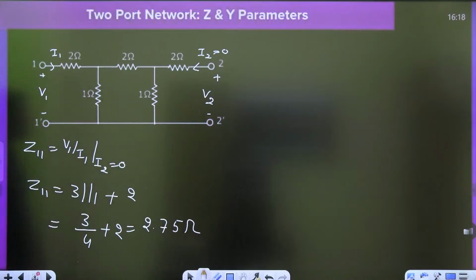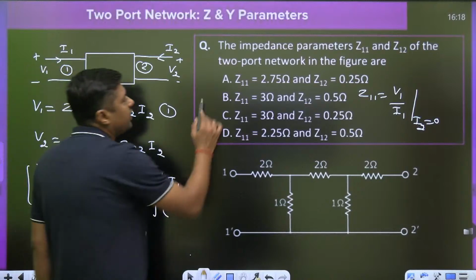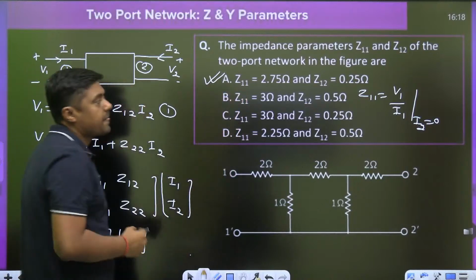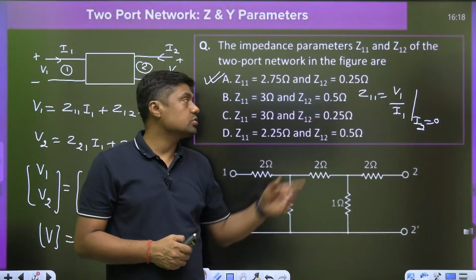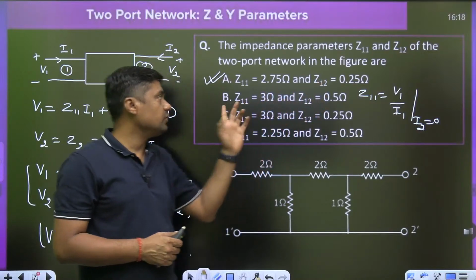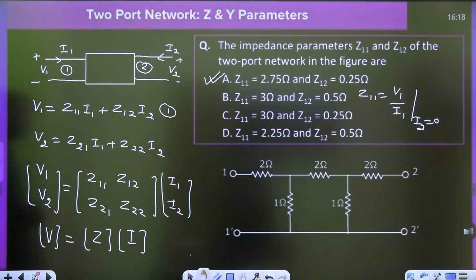2.75 ohm. Which answer is correct? 2.75 is only in one option, that is A, where Z11 is given by 2.75, and that's why the answer A is correct. Directly you can find it, but no doubt I am going to find the Z12 also. This is the way to find the 2.75. Then what is the Z12? So Z12 is